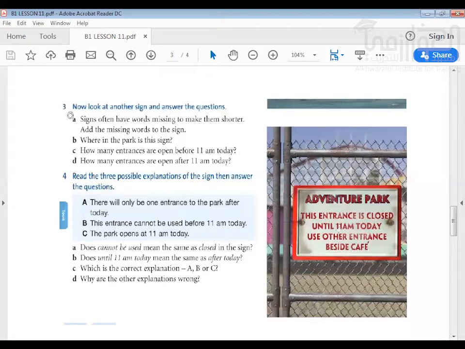Now, there are some missing words here. Whenever we write signs, we don't write all the words, especially words like definite articles and indefinite articles. So let's look at how this should be in the form of correct sentences. We can write them here. It should be: This entrance